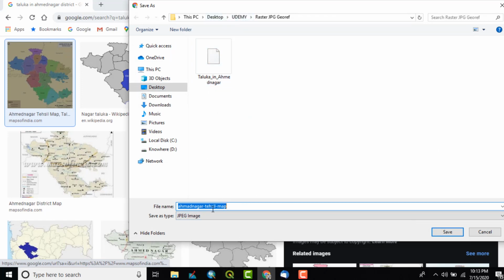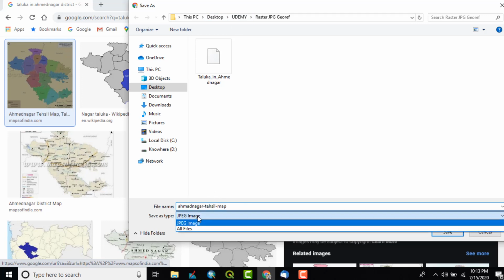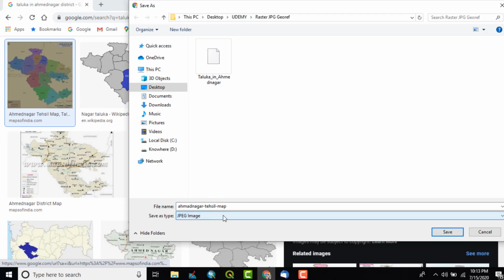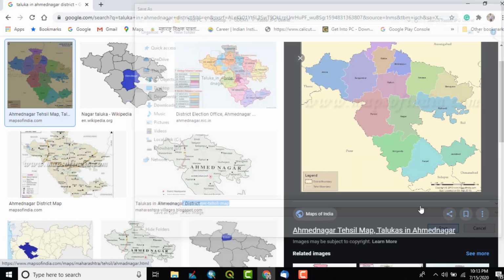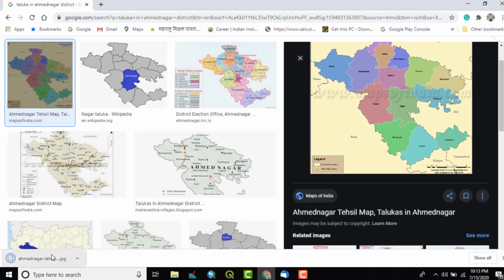I will give the same name, Ahmednagar Tehsil map, and it will be saved in JPEG format. So click on save. Now that particular file has been saved. So I will close the window. I will close the browser.